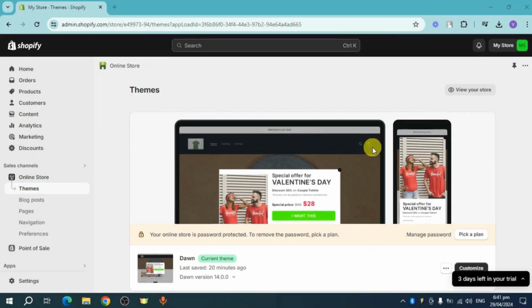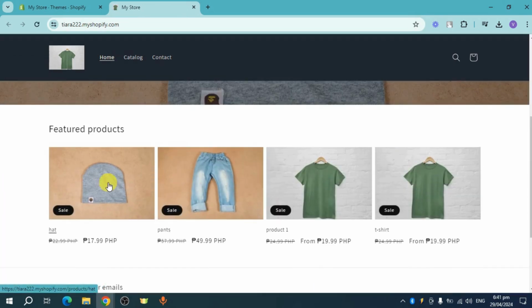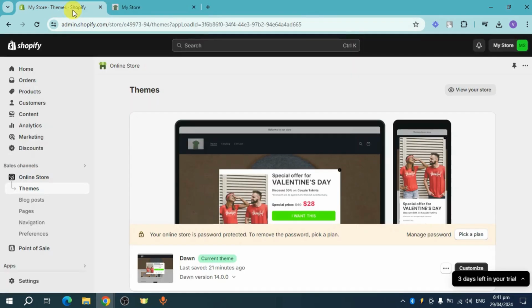Let's get started. So for now, let's view the preview of our store first in order to see what we're gonna work with. So as you can see right here, we have here products, and as you can see, they have decimals. So what you can do in order to remove the decimals is to head over in our store,